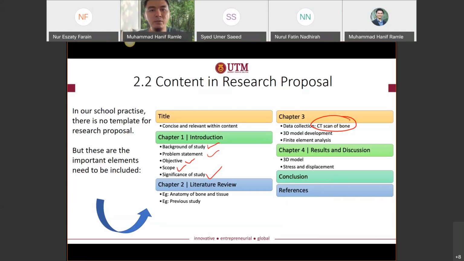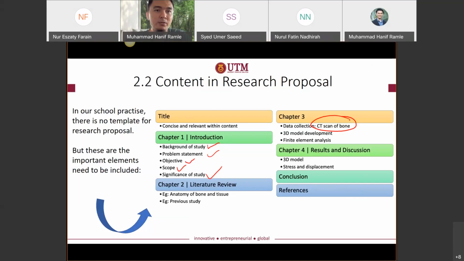At the beginning, for the research proposal, of course, there are no results yet. Maybe some students have preliminary results. Then you can put them in your result and discussion. But normally, we call it expected results. Okay, expected result, what you expect from your study. But for master and PhD, normally you have the preliminary result.